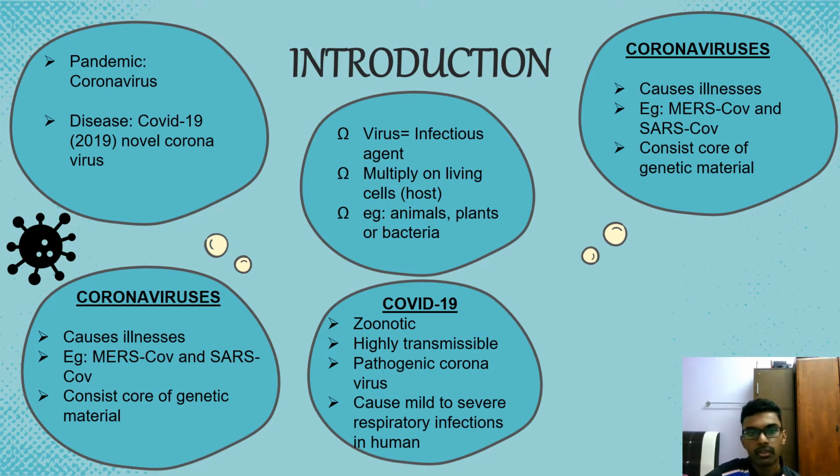Coronaviruses got their name from the way that they look under a microscope. The virus consists of a core of genetic material surrounded by an envelope with protein spikes. This gives the appearance of a crown. The word corona means crown in Latin, by the way. Coronaviruses are zoonotic, meaning that the viruses are transmitted between animals and humans.